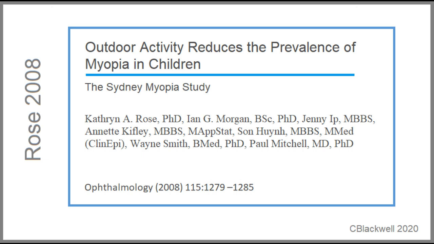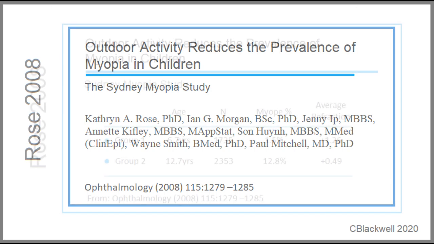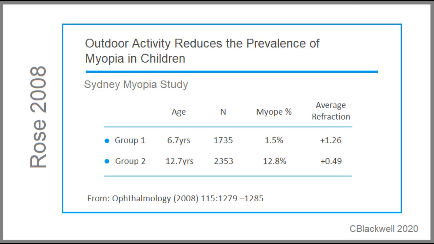Looking deeper, this study from Sydney, Australia was published by Rose and co-workers in 2008. They collected data on 2 age groups, one about 6 years old, the other about 12 years old, looking for connection between multiple risk factors and myopia development. Note there are more myopes in the 12-year-old age group because they are further along the growth curve. The graphs that follow are constructed from the Rose data tables.